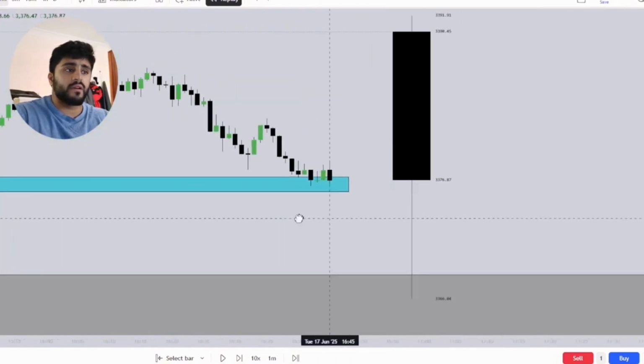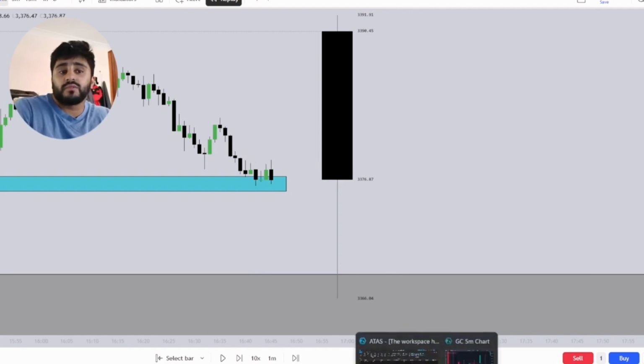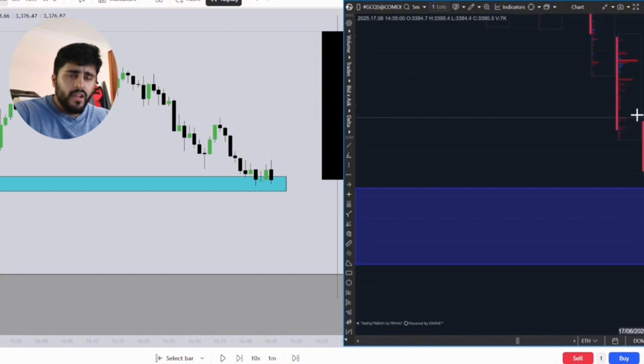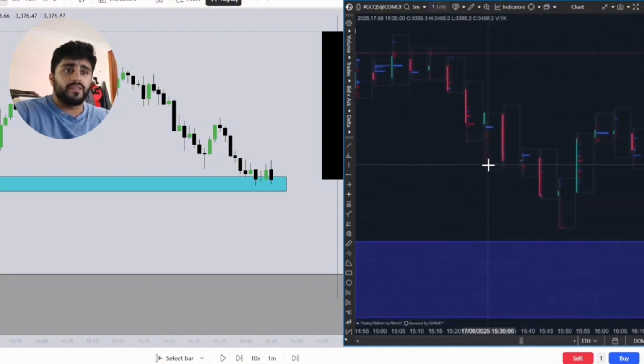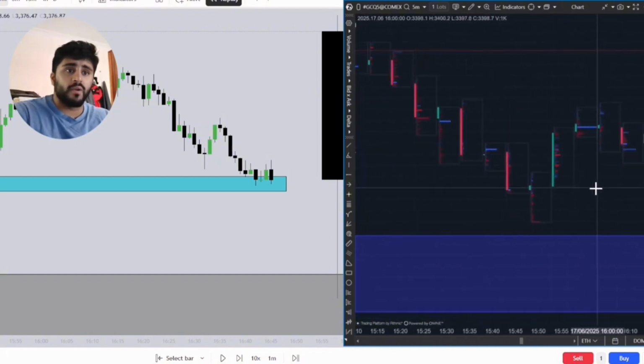So if I just bring this over, when price comes into a fair value gap, how can you use order flow to your advantage? What is it about order flow that's special? Well, it basically tells you what's going on. So we can see price again rejecting off the fair value gap before heading higher. And now we're going to understand